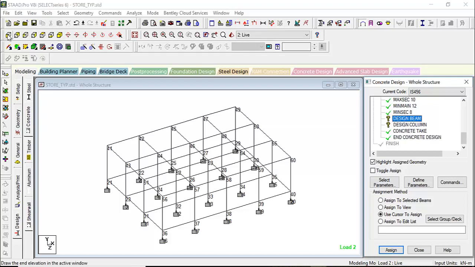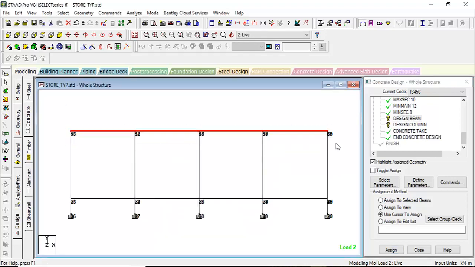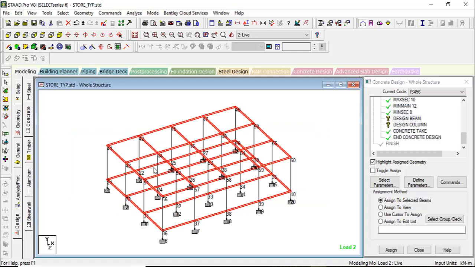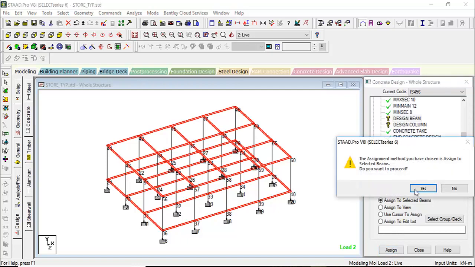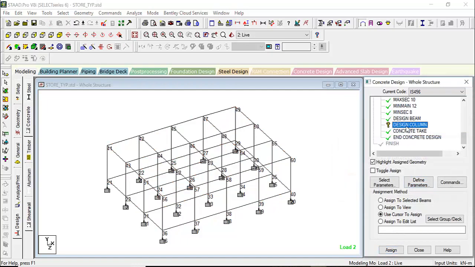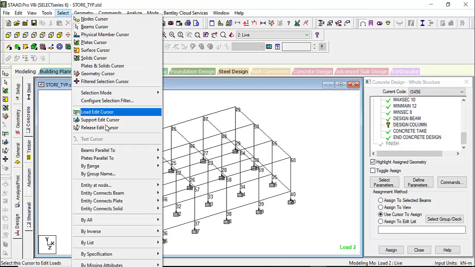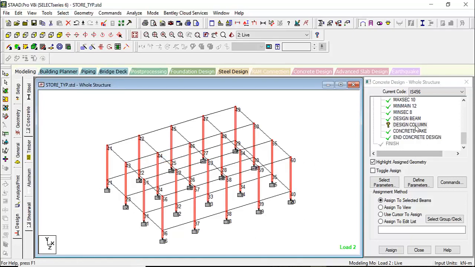So we'll be selecting this top part, the terrace beam and the plinth beam, to be designed as beam. Just see the whole thing that we have selected: design to beam, assign to selected beams, assign, yes. Design of column: select beams parallel to Y, all the things got selected, design column, assign, yes. So just see, we have given all the commands to design a beam, to design a column, and also have